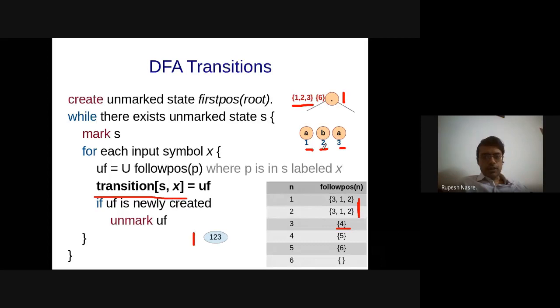only B, and that is represented by the state number 2, and therefore on 2 I am going to go to 1, 2, 3. So on B I am going to go to 1, 2, 3, and that means that I will have a self loop on B from 1, 2, 3 to itself, and on A I am going to go from 1, 2, 3 to 1, 2, 3, 4. Right? So that is what is getting shown here for A, and then on B I am going to go to 1, 2, 3. This part, if it is unclear, please ask me to repeat.